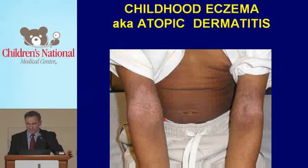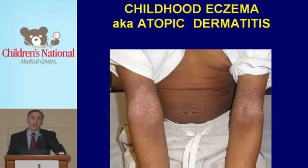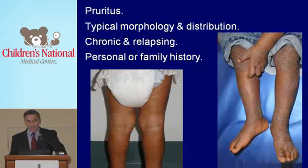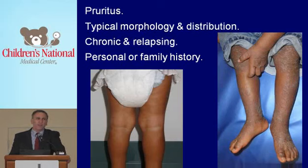So what I would like to request is that you just refine it one notch and say that we're talking about childhood eczema or atopic dermatitis. And what is the definition for childhood eczema or atopic dermatitis? Well, that's been debated, and many people have their own definitions, and I suppose that in clinical practice we really don't even go through necessarily a checklist of criteria. Does it meet three major and X number of minor? We just essentially look for this stereotyped